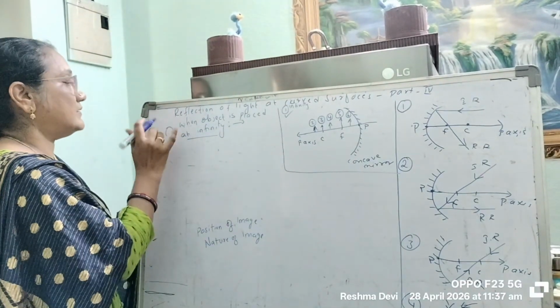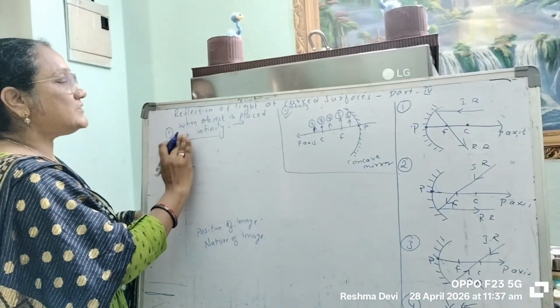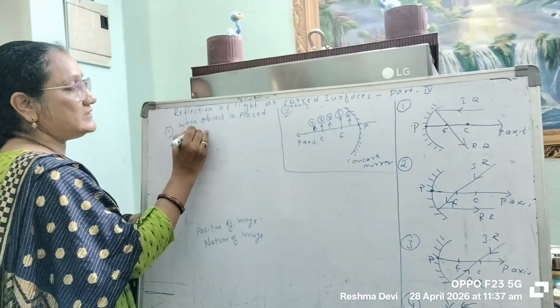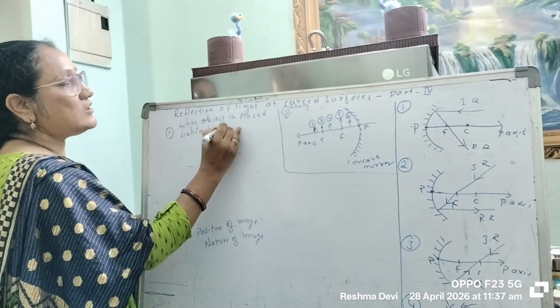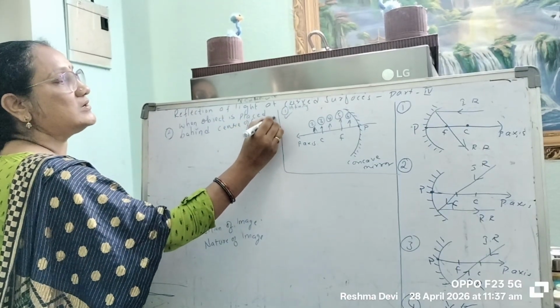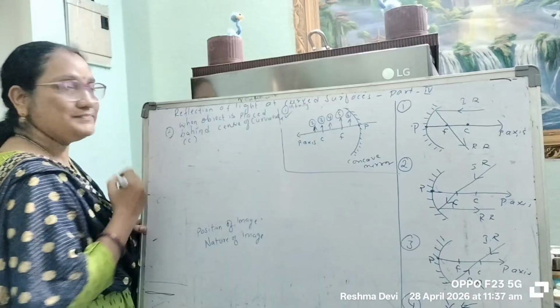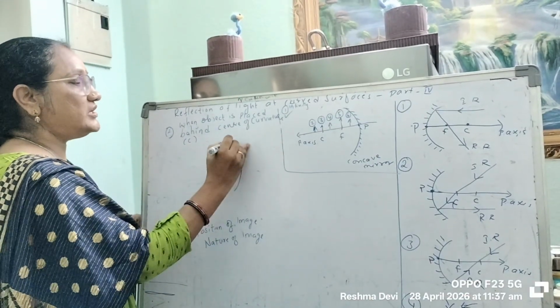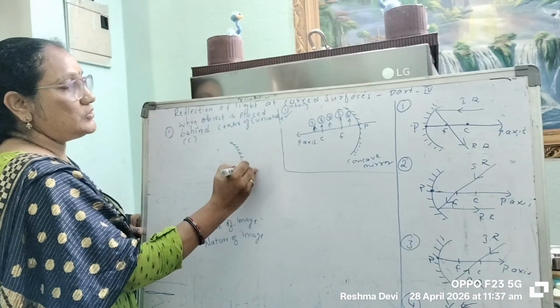Right? When object is placed behind the center of curvature, center of curvature C. First, on white drawing sheet, you draw